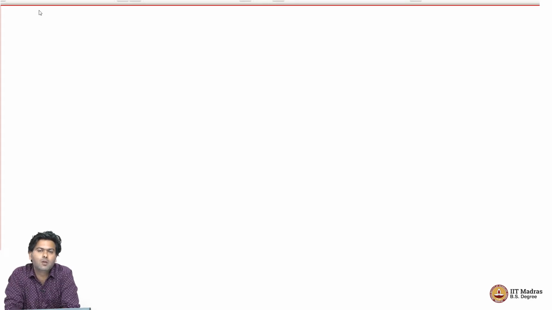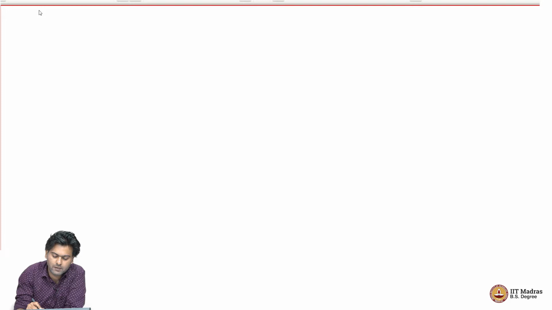Welcome back. So we are looking at supervised learning, and specifically we are looking at binary classification. And we started looking at an algorithm which tried to maximize the margin given a set of data points and find a linear classifier. Right. So specifically, we came up with the following formulation,